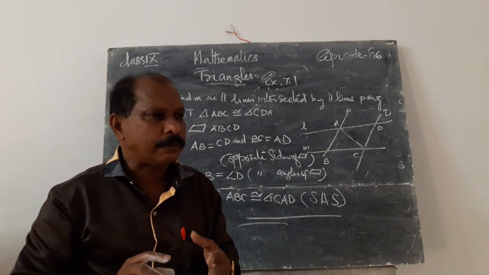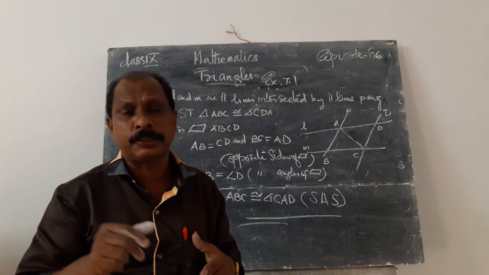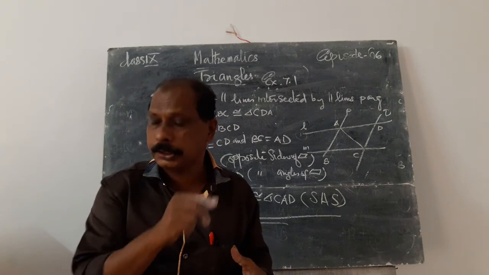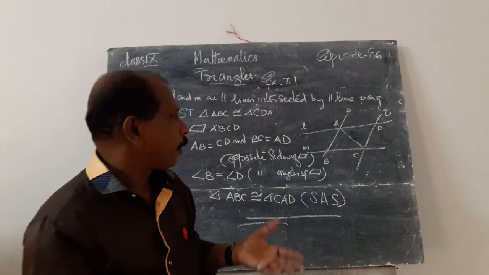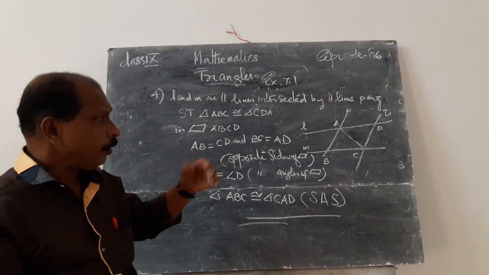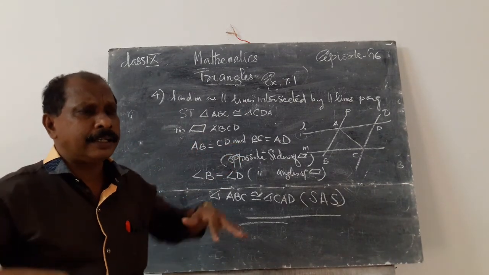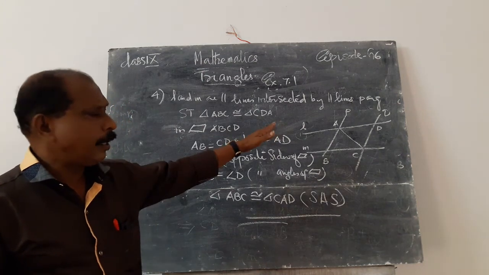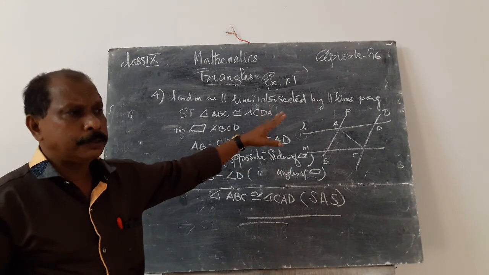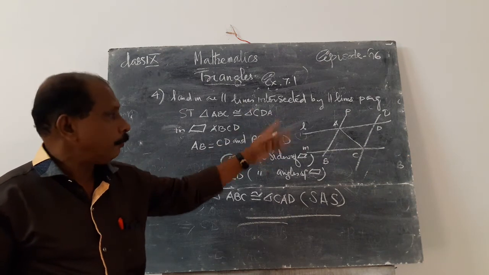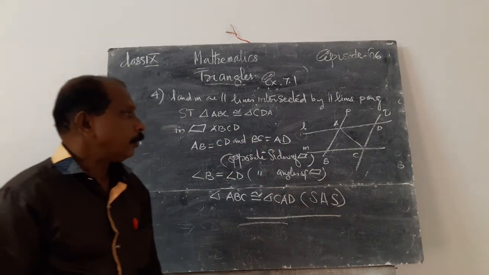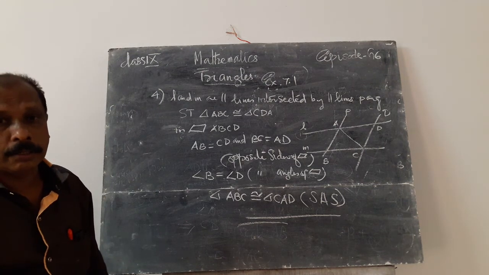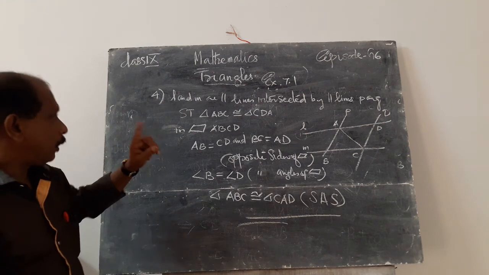There are two diagonals. The diagonals of a parallelogram are of different measure, they are not equal. But if it is a rectangle or a square, the diagonals are equal. And we know that the sum of adjacent interior angles is 180 degrees. Therefore, L is parallel to M, and P is parallel to Q. Joining these, we get a parallelogram ABCD. Therefore, the opposite sides are equal and parallel, and opposite angles are equal.